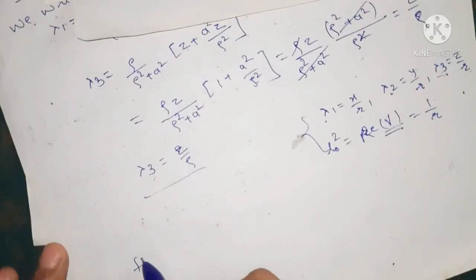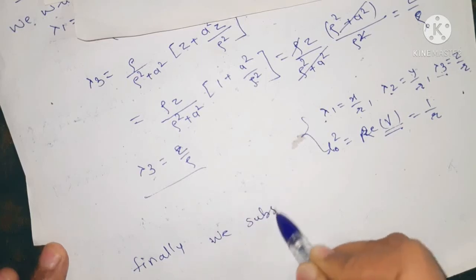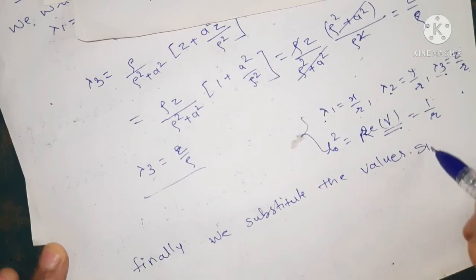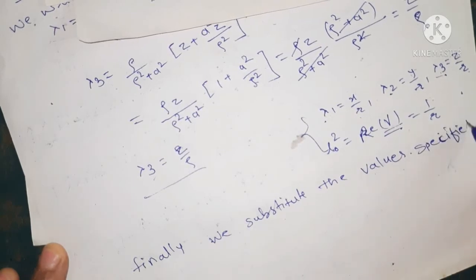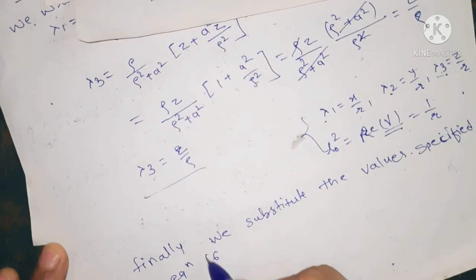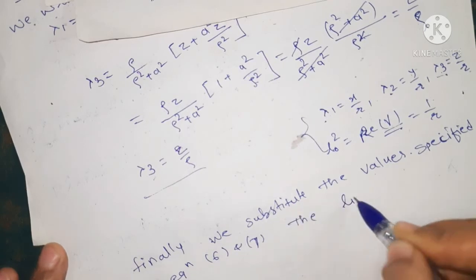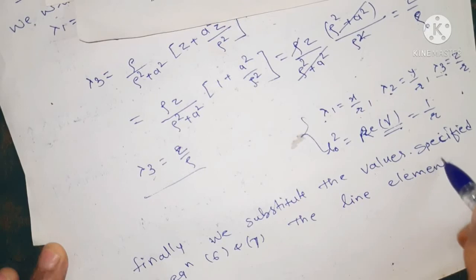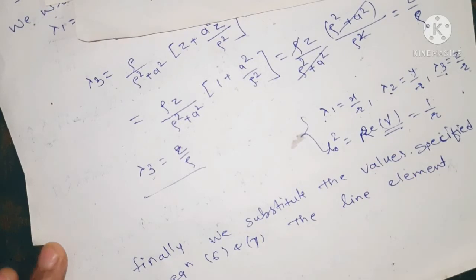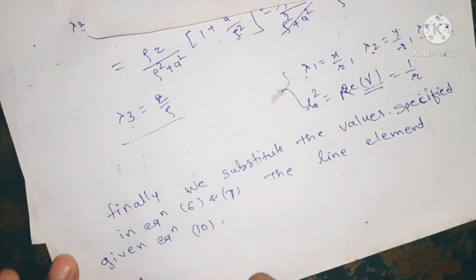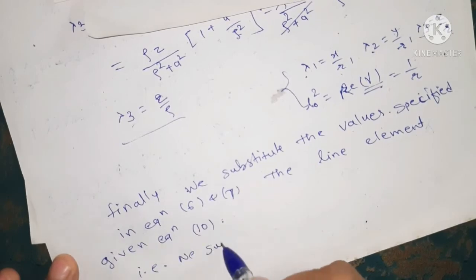So finally, we substitute the values specified in equation 6 and 7, that is, in a degenerate form of the matrix. Then the line element given in equation 10 will take the form, that is, we have to substitute here,